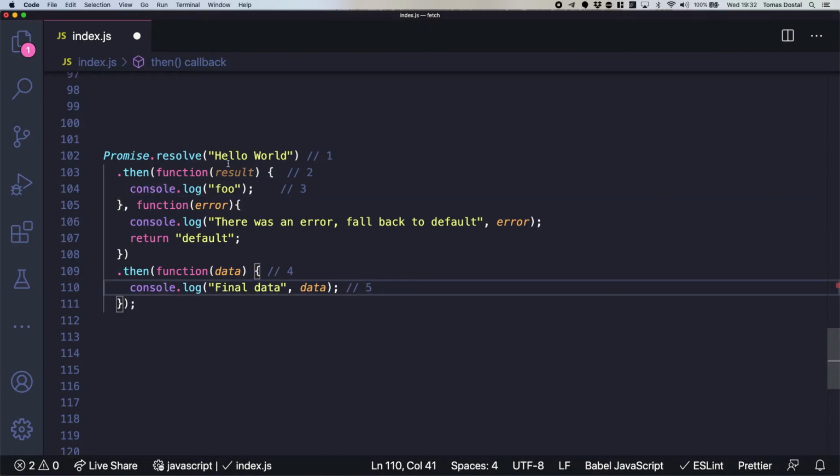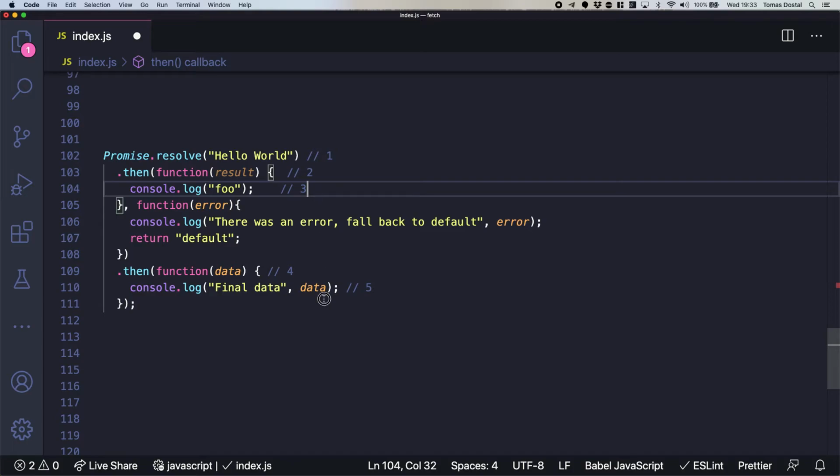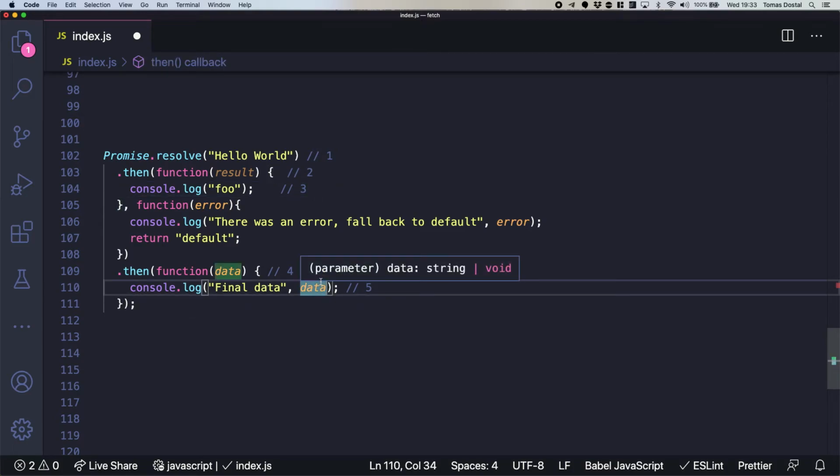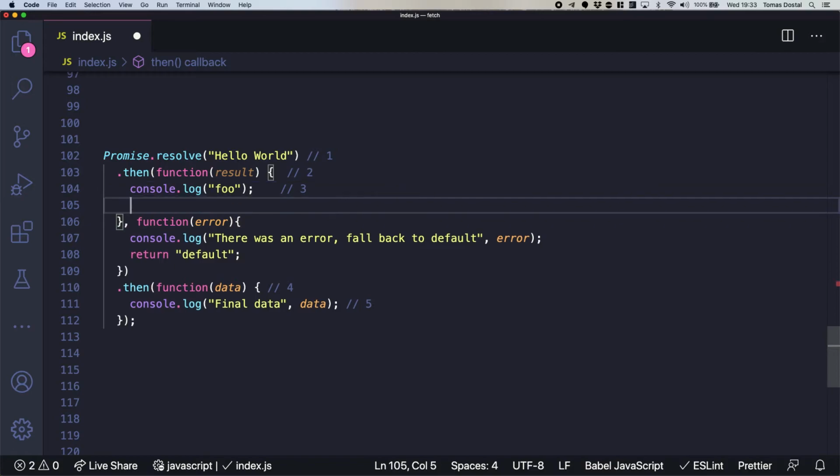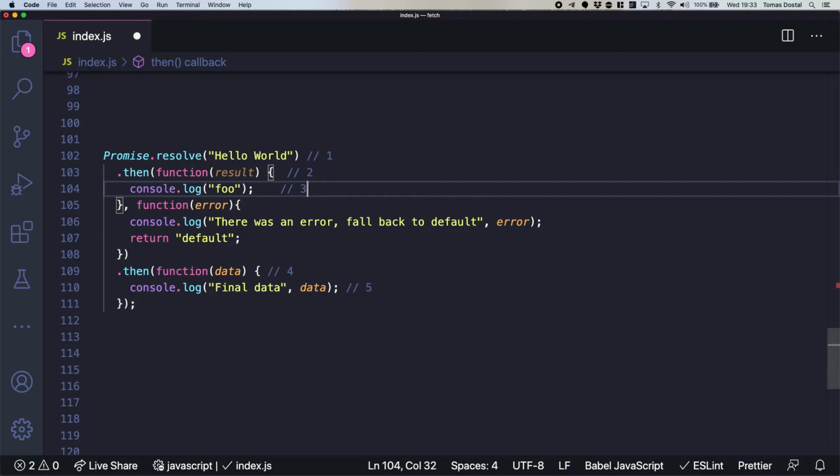So now, if we want this hello world in here, what do we need to do? We need to add a return there. Where? Here? After the result. Maybe it should be promise.reject.